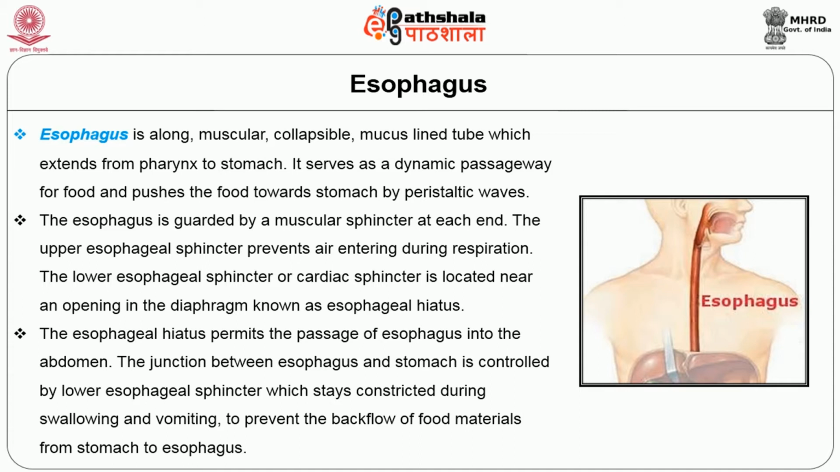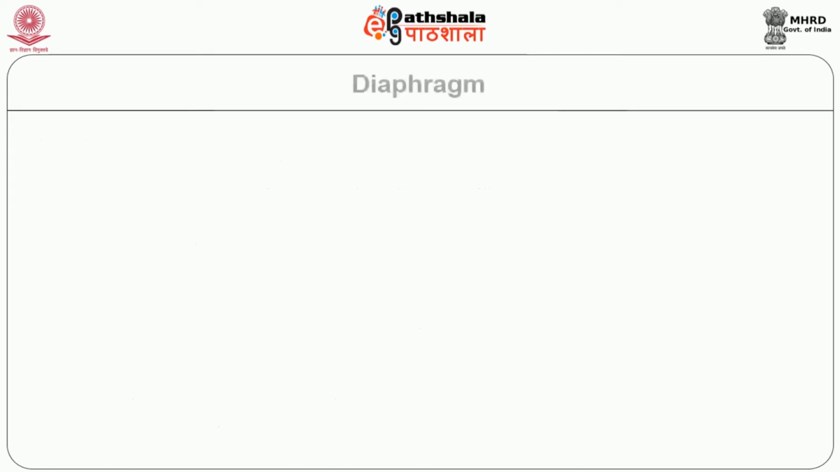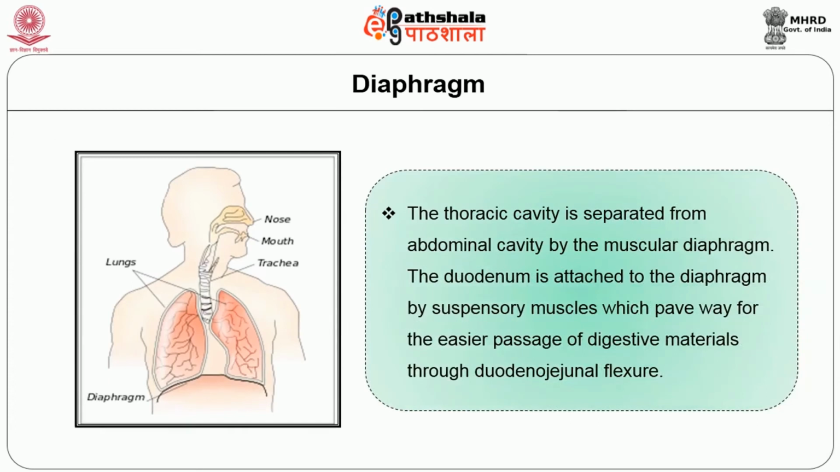The junction between the esophagus and stomach is controlled by the lower esophageal sphincter, which stays constricted during swallowing and vomiting to prevent backflow of food materials from the stomach to the esophagus. Diaphragm. The thoracic cavity is separated from the abdominal cavity by the muscular diaphragm. The duodenum is attached to the diaphragm by suspensory muscles which pave the way for the easier passage of digestive materials